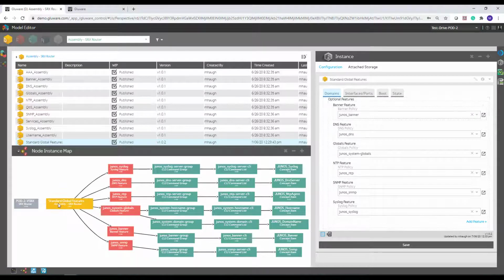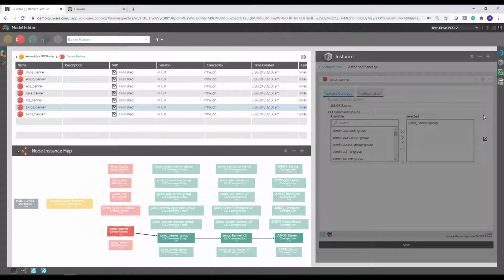So here we are at the assembly level. Remember, it's kind of like the shopping cart, and we're saying I'm going to automate all of these things on, in this case, one device, but it certainly could be a set of devices. As you begin to go down these constructs and walk the tree, so to speak, you can do it in a number of ways. If we're looking at banner, I can literally click on each one of these boxes and see the information. Or right from here, I can click on the go to, to navigate me down to